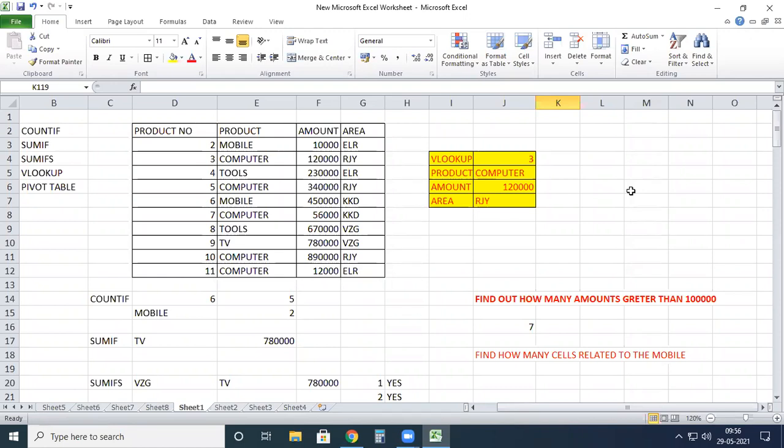So better you create your own options to calculate these formulas easily. Better you practice these calculations every day and interact with these formulas regularly. Then you can easily solve this.